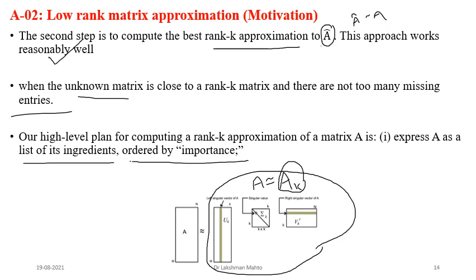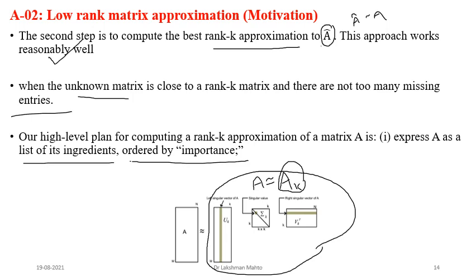Someone may ask why we are doing all this, and whether it is the best approximation of that rank. Definitely it is the best approximation, because linear algebra is always optimal in this sense. If you change the rank, then you will get another approximation. If you fix the rank, then in the category of that rank you will get several rank k matrices, and we don't know which one is very near to A.